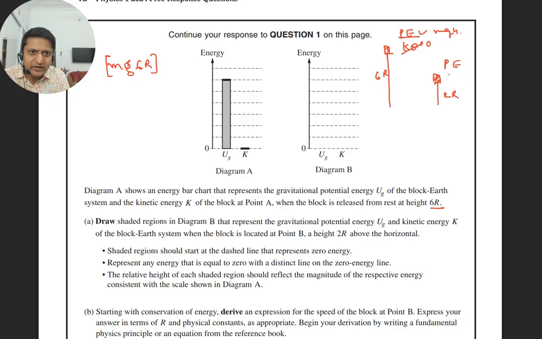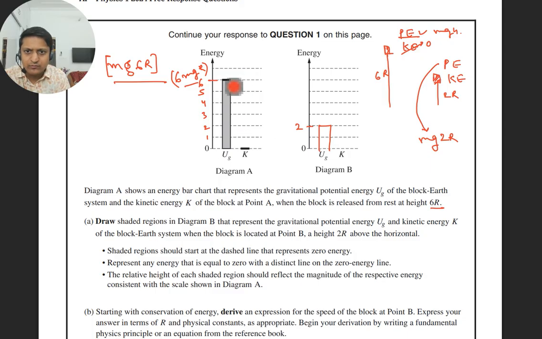It will have potential energy and kinetic energy both. It will have mg times height, that is 2r. So here it has 6mgr, here it has 2mgr. So we can say like this: 1, 2, 3, 4, 5, 6. So at 6 it has 6mgr. So here it will have 2mgr, so we can draw like this,